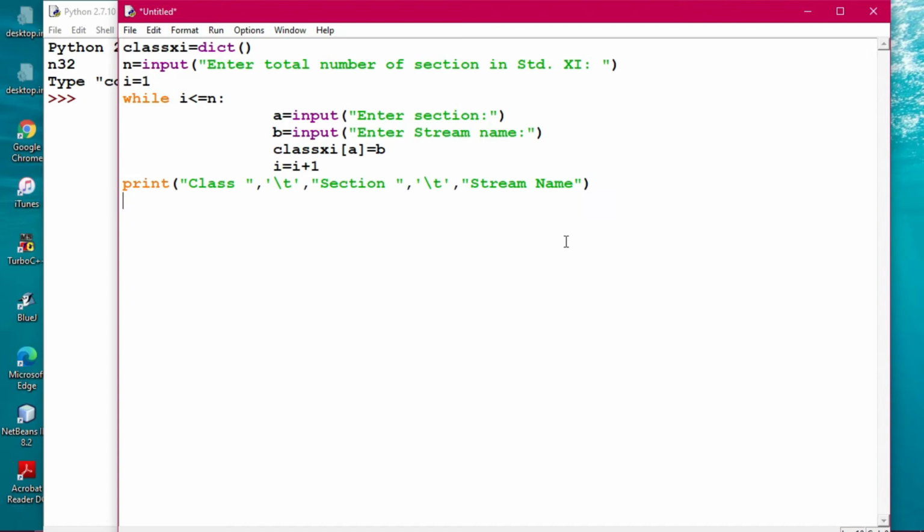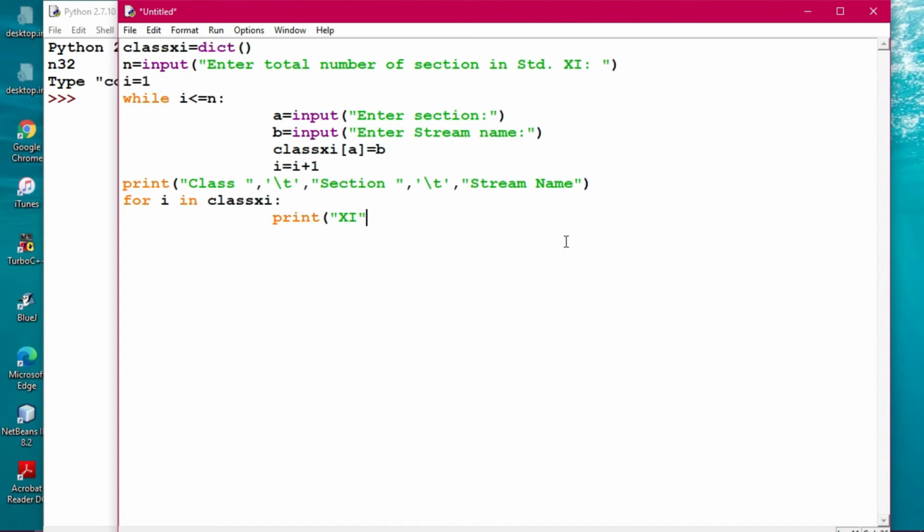Now what is the thing? Again, one more for loop we are taking. It's a mixture actually. For i in class 11, putting the colon. Follow this: when I press enter, the cursor goes and fixes to a particular position. This is the indent position. So you cannot take it to another place and then write the command. So print, what you are doing now, out here I'm writing capital 11.